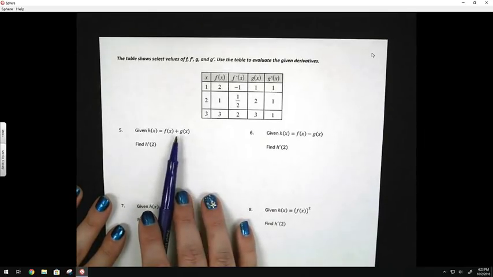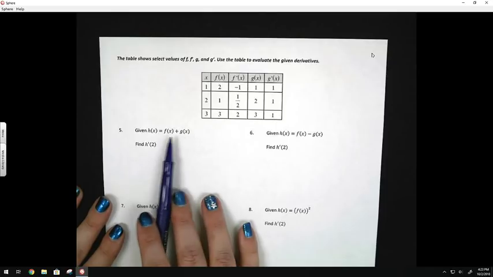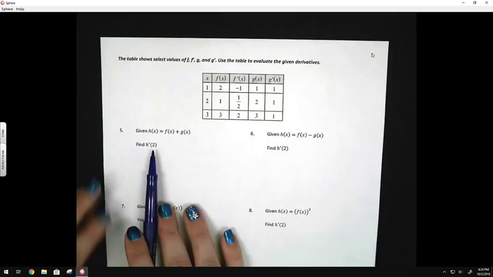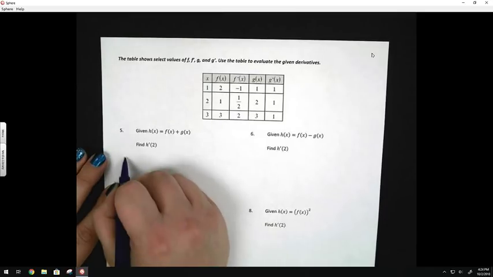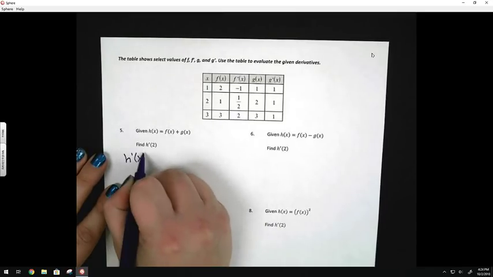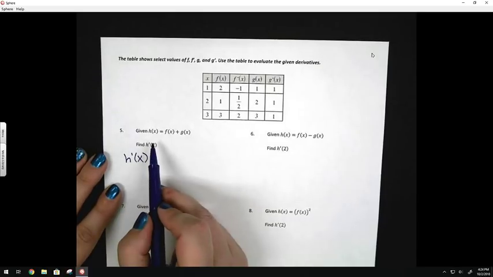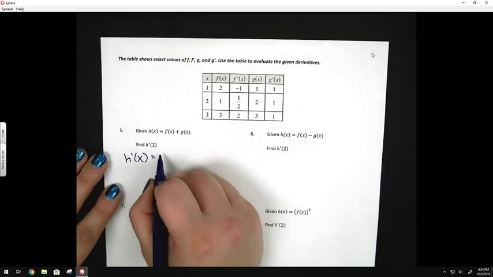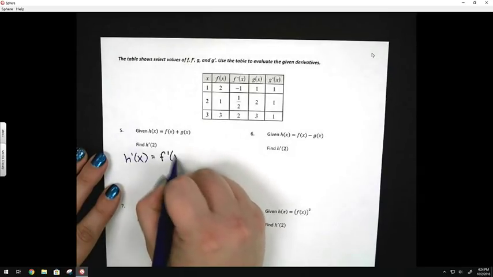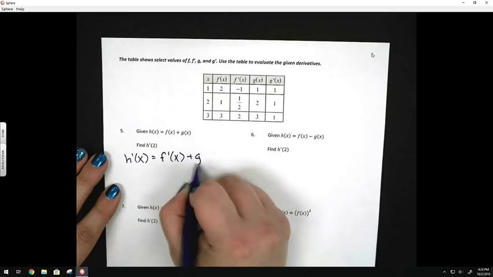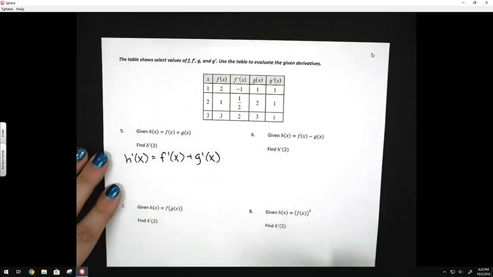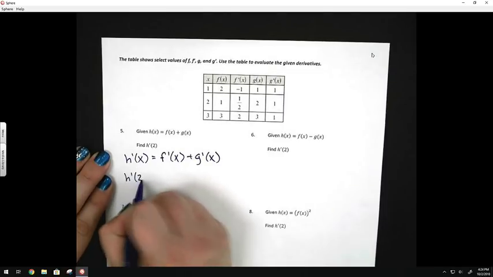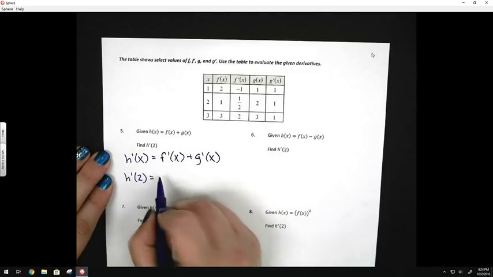Well, when we look at this, we're just adding two functions together. And we're trying to find h prime of 2. So before I do that, I actually want to find h prime of x. So if I want to take the derivative of two functions being added together, I can actually just take their derivatives like normal. So it would just be f prime of x plus g prime of x. There's no real trick to that one. Now the trick comes when I have to actually do h prime of 2. So I'm going to need to do